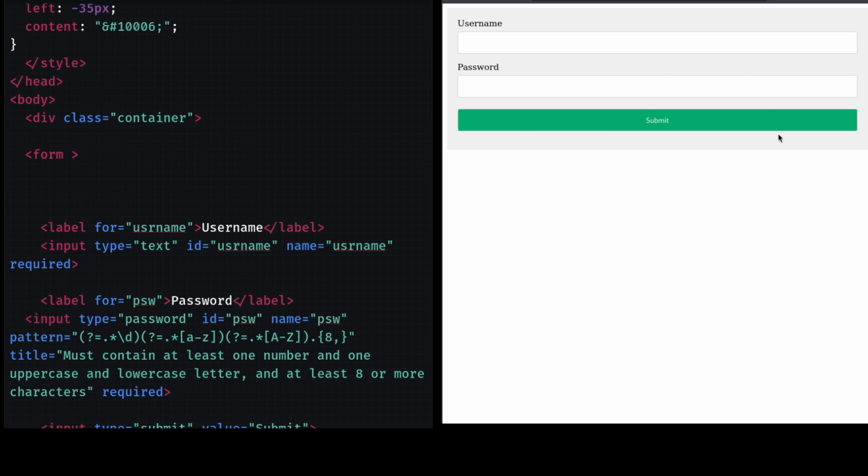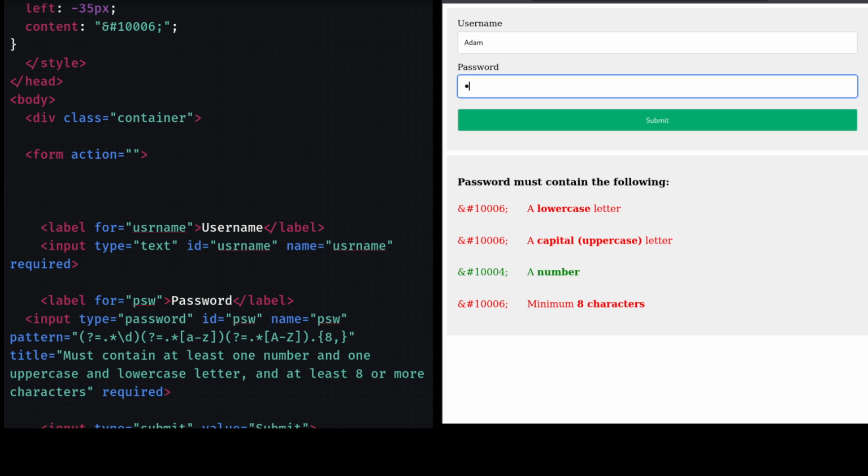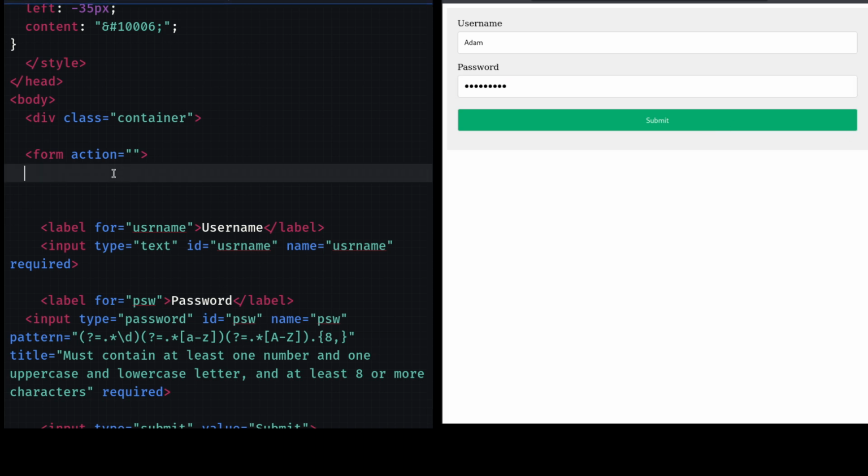It's a login page with a username and password. What the action attribute does is tell the form where to go. I can specify where to go after I hit submit. Assume I don't have any action. I put in my username, Adam, and then my password. Let me just save this, by the way. Once I hit submit, you're going to see